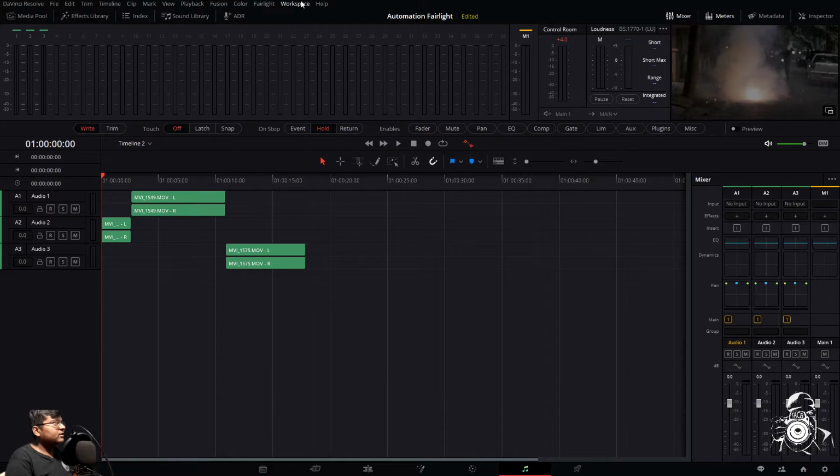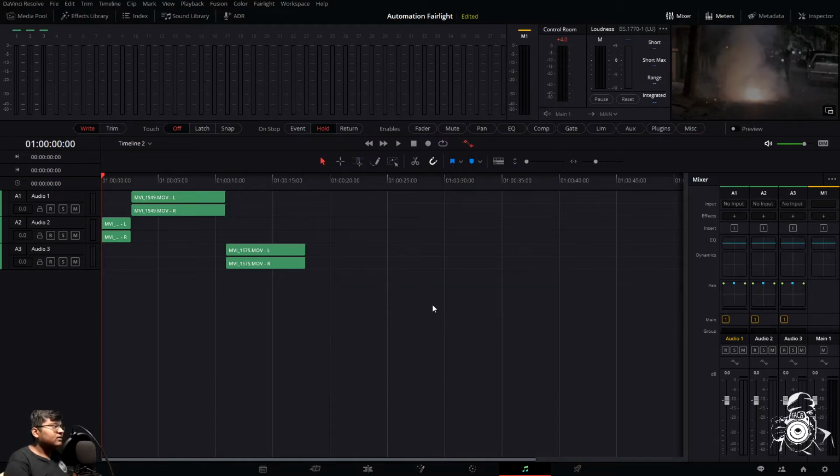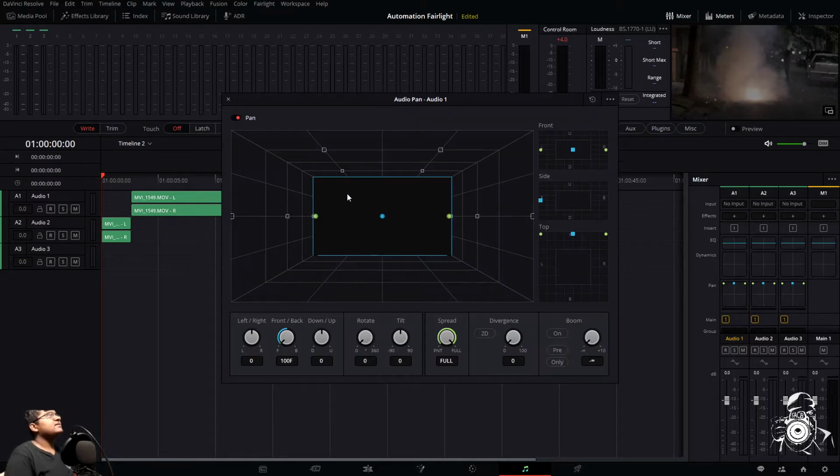How to do that? First go to Fairlight bus format. Here you can change it to the desired one, Dolby Atmos 7.1.2, 7.1.4, or else you can add these also. I'm going with this. So yeah, now you can see there is a 3D look over here.